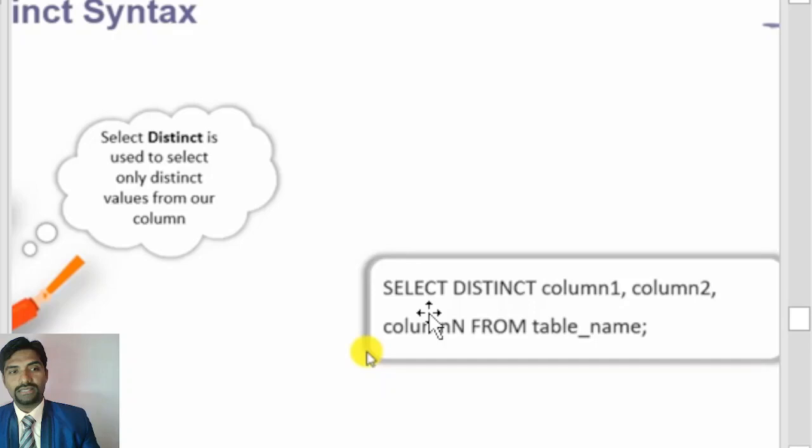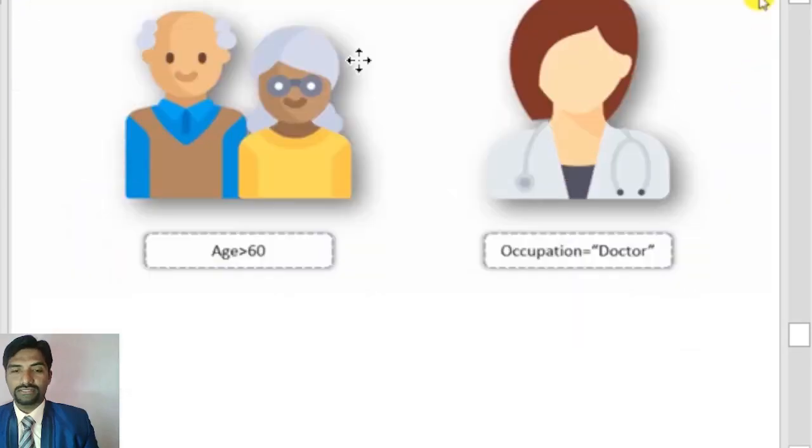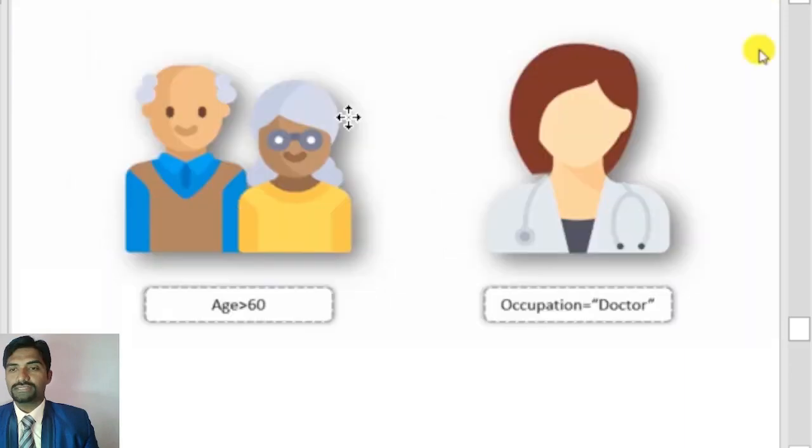Where clause, just look at the where clause. The where clause is used to extract the records which satisfy a condition. Look at age and occupation. Based on the age and occupation we can query back, for example age is greater than 60, or occupation is doctor. All the syntax I have mentioned here, the where clause,